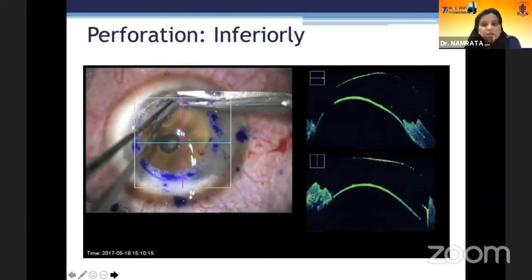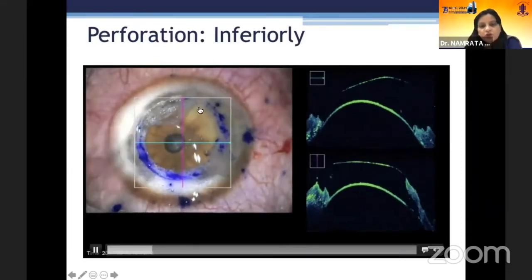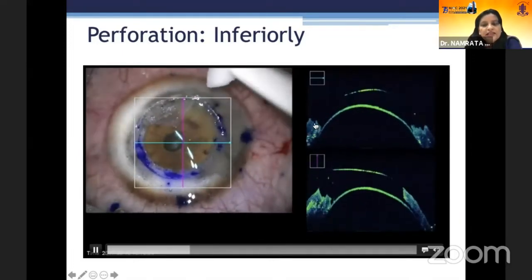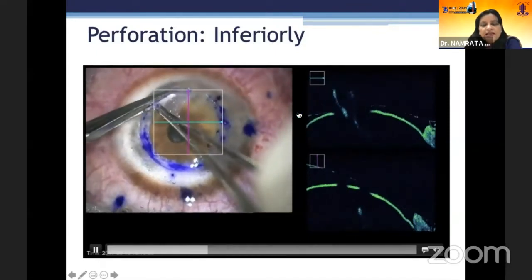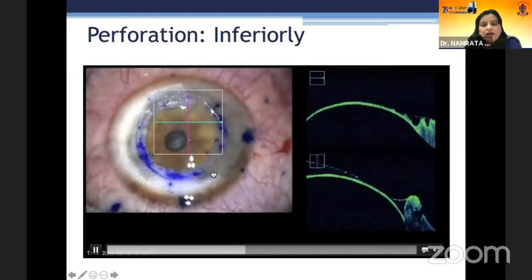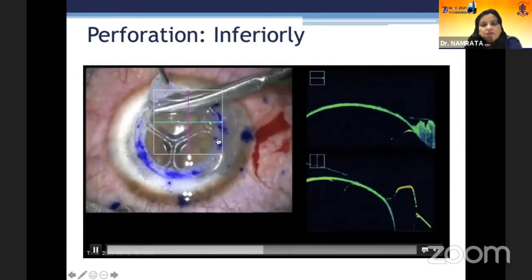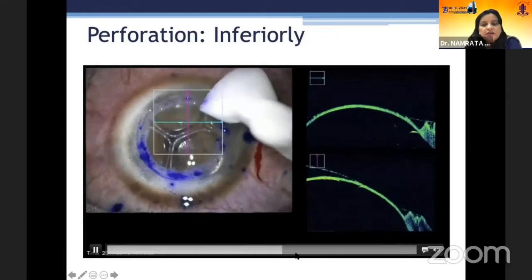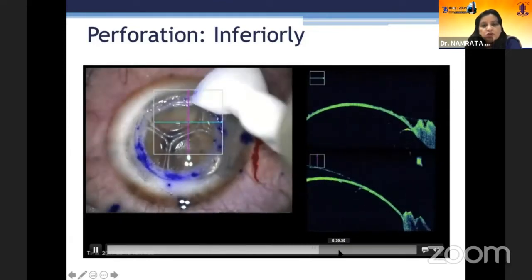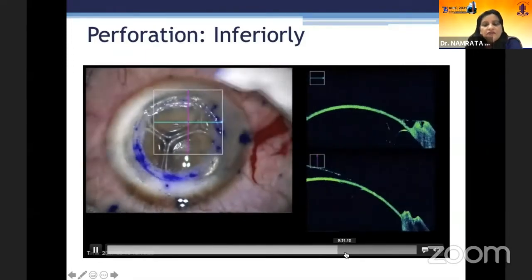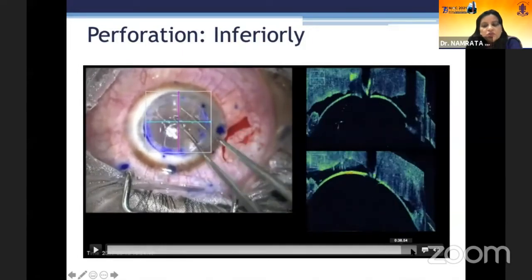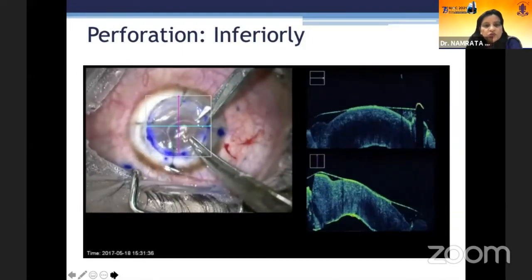and then one can do the surgery as one would normally. Now, if there's a perforation, you can see it, but one can monitor the ledge which is going to cover the perforation and leave a little ledge at the area of the perforation, and then do the graft. This perforation will be seen as a discontinuity in the Descemet's membrane in the intraop OCT microscope. This little ledge, which acts like a valve, is left here, and then a full thickness donor cornea is taken and sutured with 10-0 monofilament nylon sutures.